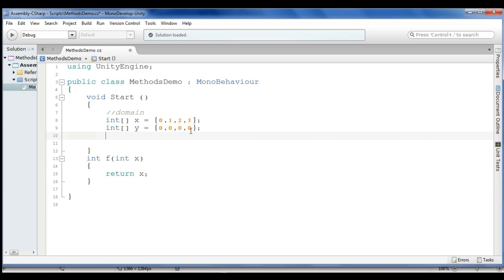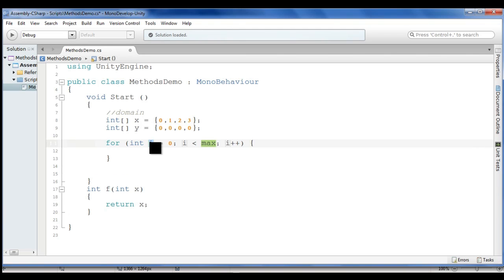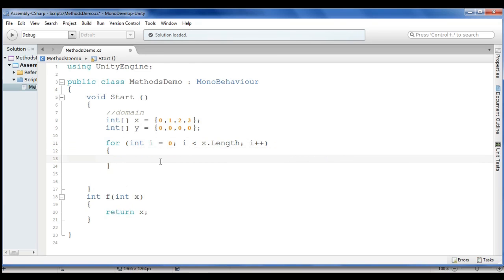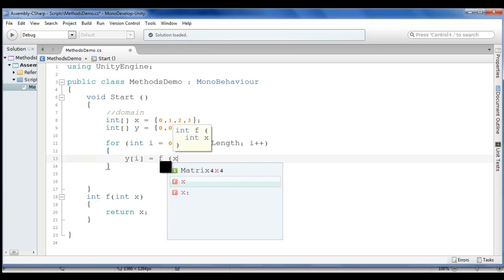Now we have all the values filled with 0 for the y array. Now I have to loop through, because I have to pass this 0, 1, 2, 3 to the f function to get the result, right? So I create a for loop. For i is equal to 0, i is less than x.length, that is our domain array. Then what I do here, y[i] is equal to f(x[i]). I pass each element one by one